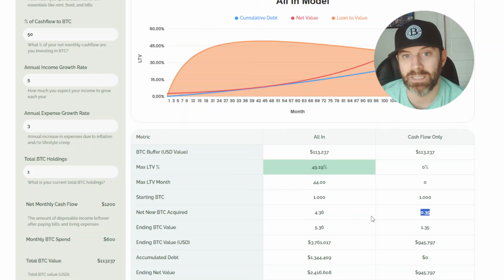Whereas if I deposit my existing 1 Bitcoin as my starting collateral, I convert all of my income to new Bitcoin, and then I borrow my expenses to live my life, even while paying interest, I'm able to afford this, I'm able to do this, and keep my LTV at a relatively low risk level. And I'm going to add another 4.36 total Bitcoin, right? That's exponentially more than